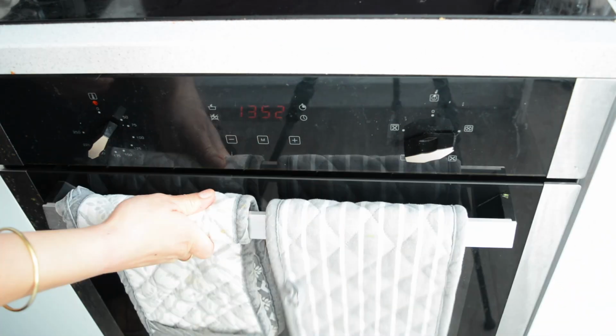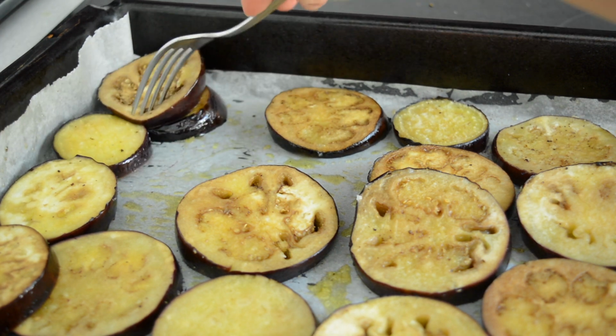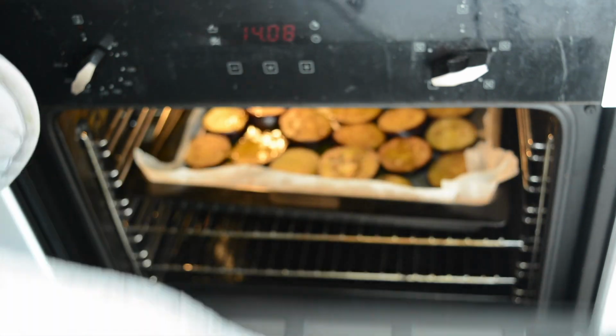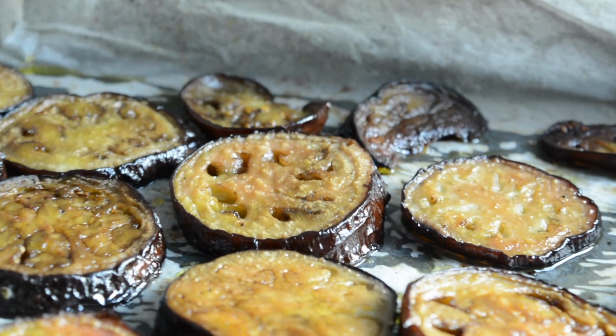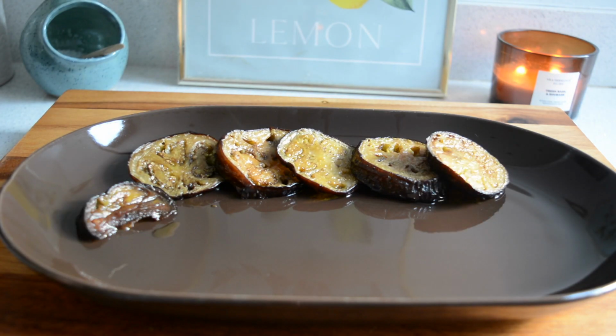I placed it in a preheated oven for about half an hour or until the aubergines are fully cooked. Halfway through cooking, I also like to turn them and add more oil if they need it. And then back in the oven they go to finish. After half an hour, my aubergines were ready, so I took them out of the oven and look how perfect they look. I arranged them all in my serving dish, and next up we're going to be making the topping,